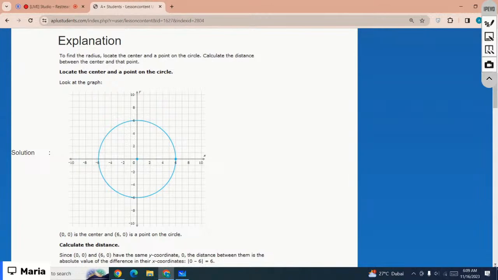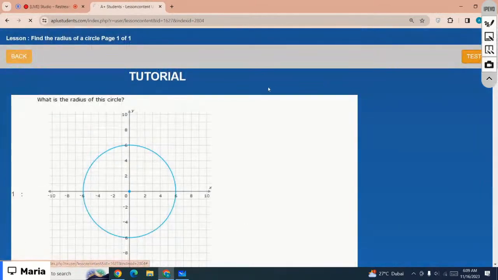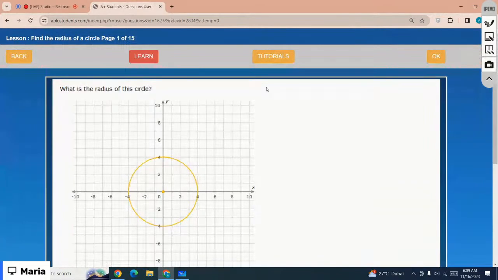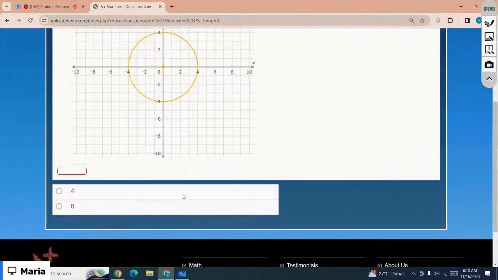Got it? Okay. What is the radius of the circle? So which is the correct option? Look, the center of the circle is at the origin 0, 0, right? Yes, the radius is 4. The correct option is